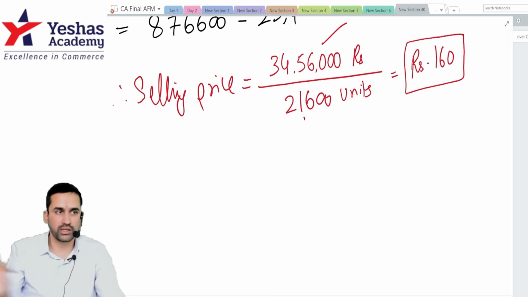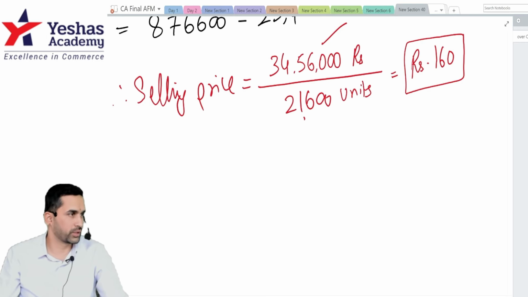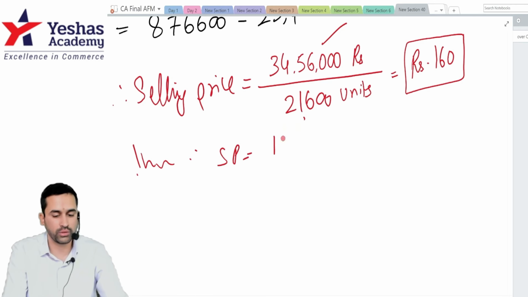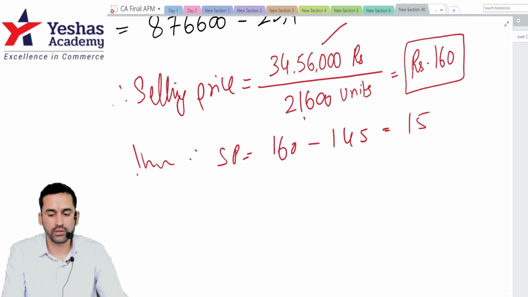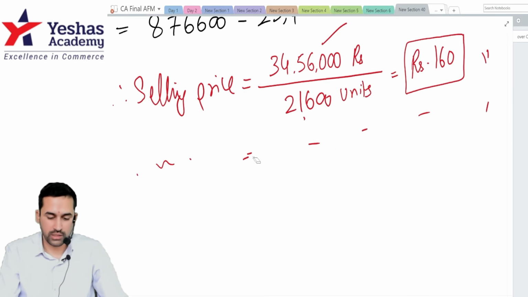Because that's how our mind works. Two cost sheets have prepared. Total, grand total, double underline, table is done. We think answer is over. But they wanted something else. Selling price. What if they say how much should be the increase or decrease in the price? Then 160 minus 145. 15 rupees the increase. Then you have to show one more line. Increase in selling price is equal to. Correct. So there may be 1 mark allotted to these also. You just stop at total cost sheet, then even after correct answer you won't get full marks. Clear? With this answer is